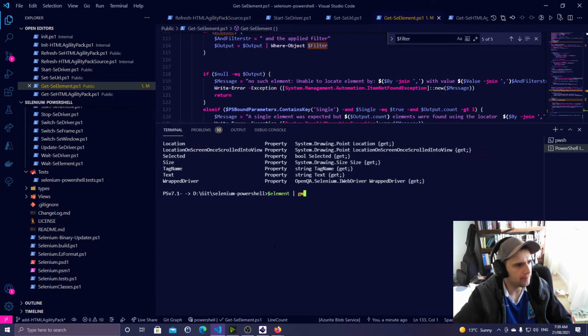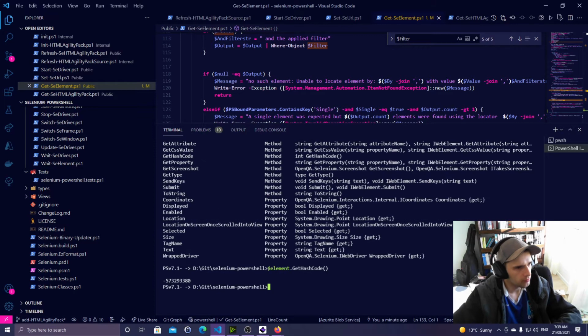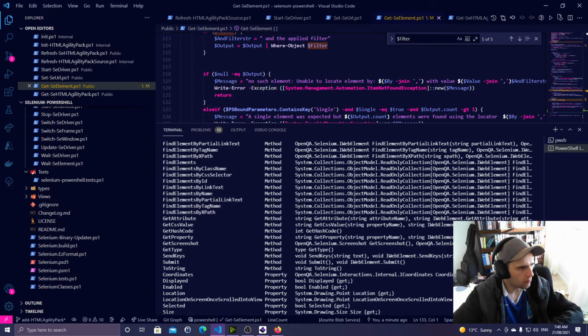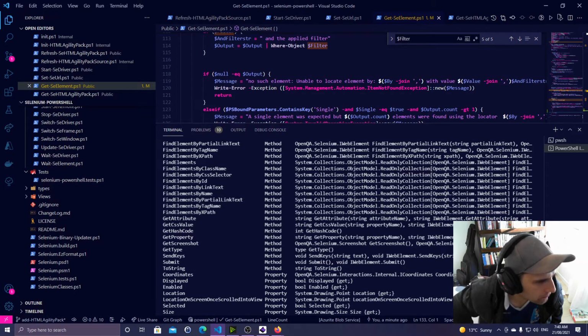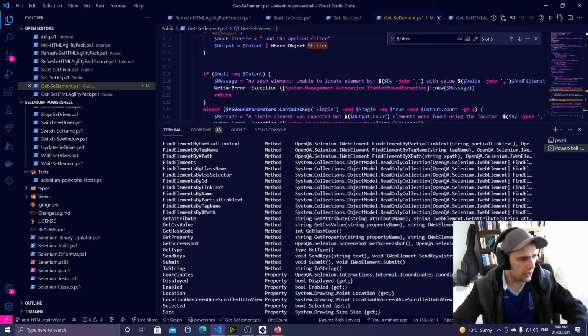Hash code, what's that? Interesting. Hash code. Well, I think our best bet's going to be getting the properties. Get property. So I think what I'm going to need to